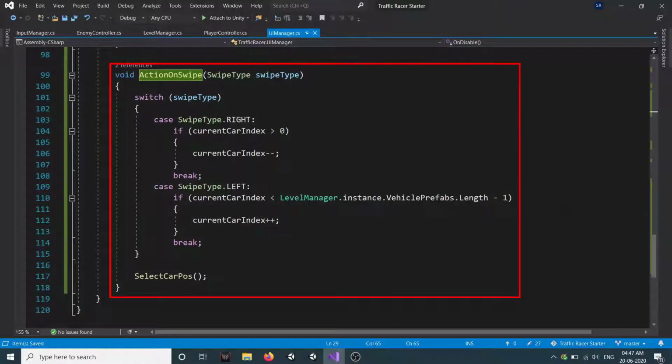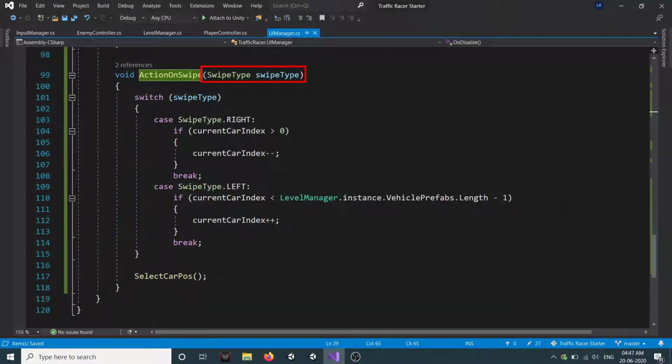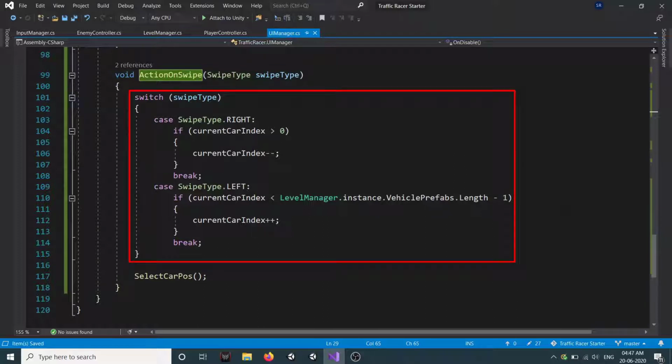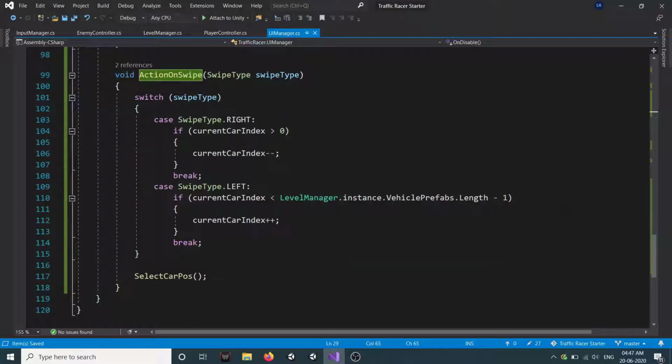So we'll create a new method, void action on swipe, and it will take a swipe type parameter. Now in that we will create a switch case, so switch of type swipe type. Now we need only right and left case, so we can remove all the others.